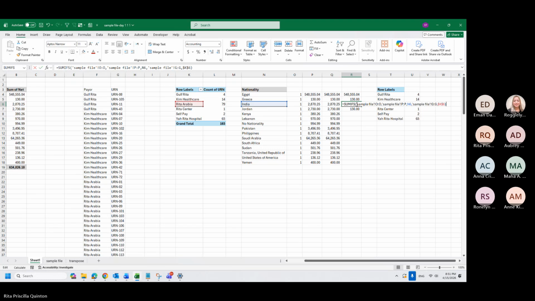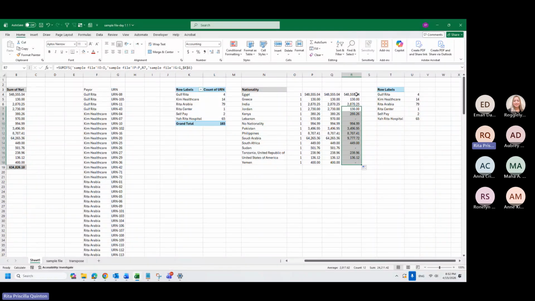Okay, but the Jordan, Egypt, it's going down. Why? Because I did not put any lock on the N5. So K6 is locked, but N5 will change as I drag it down. So N5, the next, this 2870, if I check the formula, it will be N6. Okay, then N7. But this one stays locked.